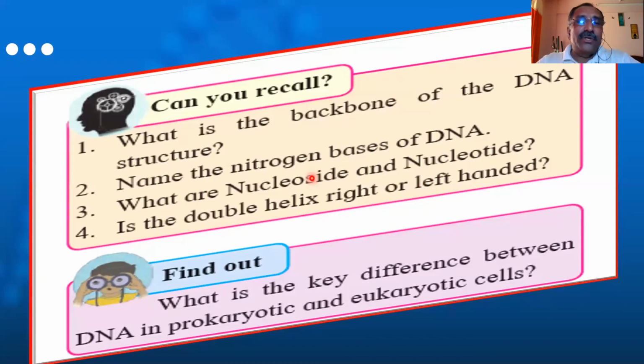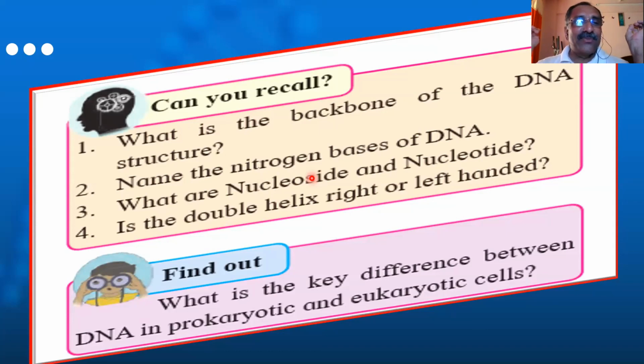That is what is called a nucleoside. Nucleoside is also of 4 types, depending upon the nitrogen base present. So the moment you attach a phosphate to a nucleoside, it becomes a nucleotide. Nucleoside plus phosphate is equal to nucleotide. Sugar plus phosphate plus any one of the nitrogen bases is equal to nucleotide. Now it is clear? Clear now?